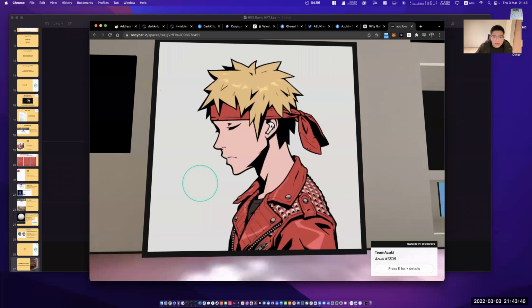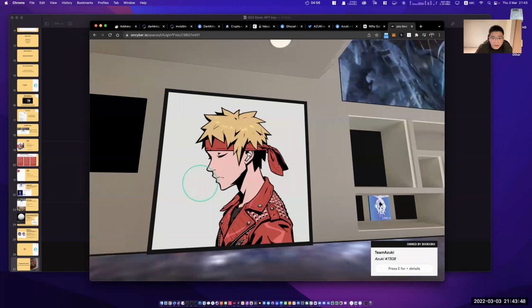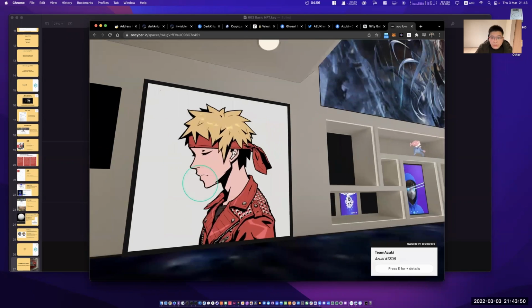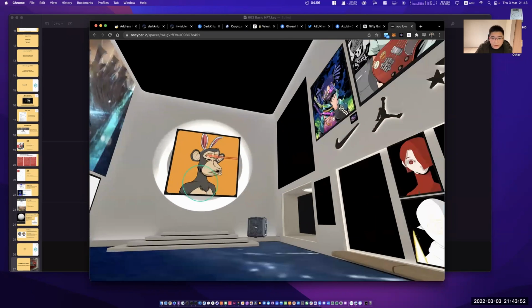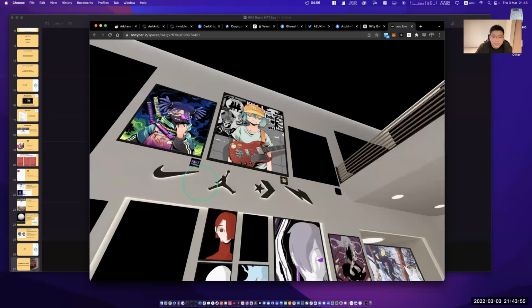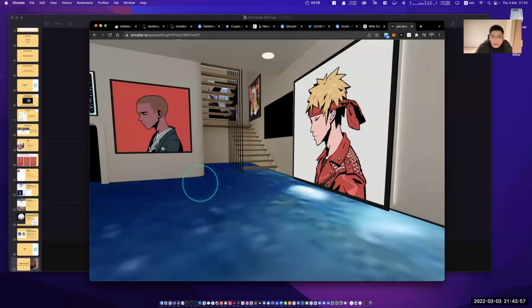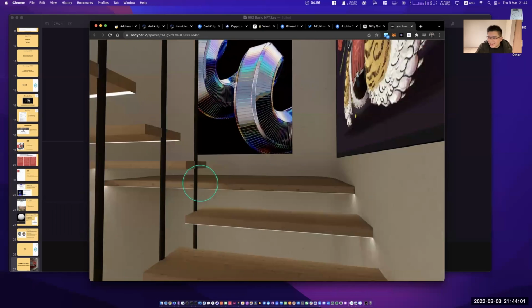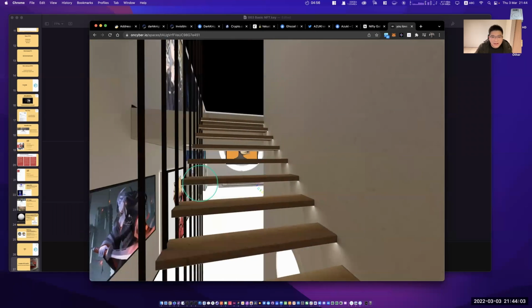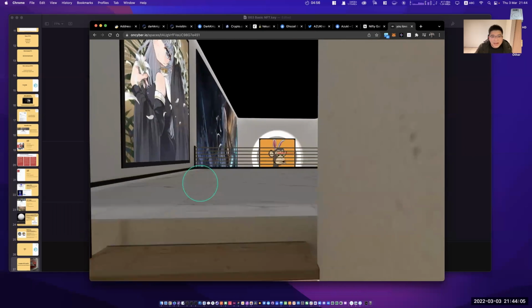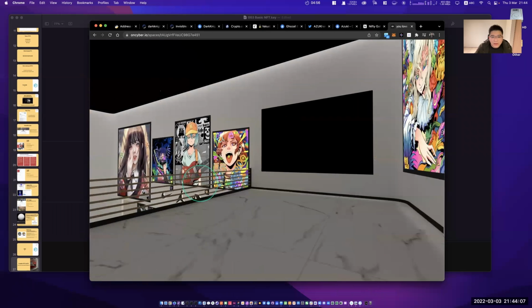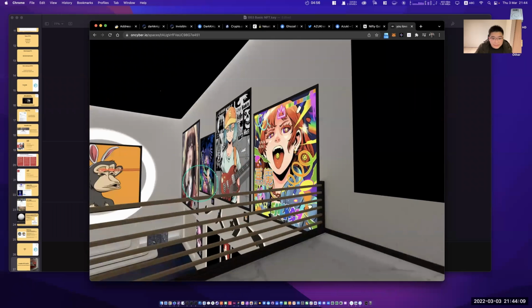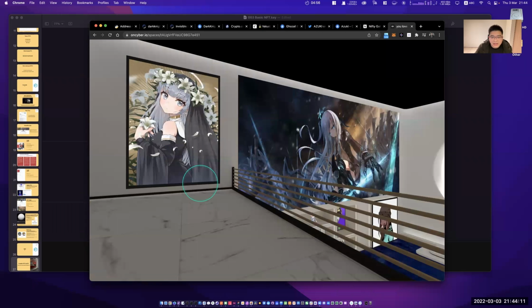Oh, I think this person has Azuki as well, because Azuki is very popular right now. They have the War of Your Cup. So it means that in the future, if the metaverse is really booming, and you own something very expensive, it's a brag.